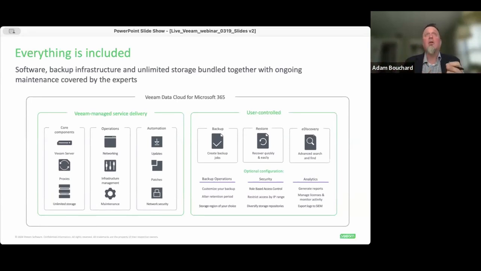So when you're asking how does it really sit, is it behind the scenes, what's going on? What's happening is we're taking that data from 365 and backing it up into Veeam Data Cloud, in the infrastructure, providing all the infrastructure pieces for the institution. So now they don't have to worry about updates and patches or touching hardware. And of course, with that unlimited storage.